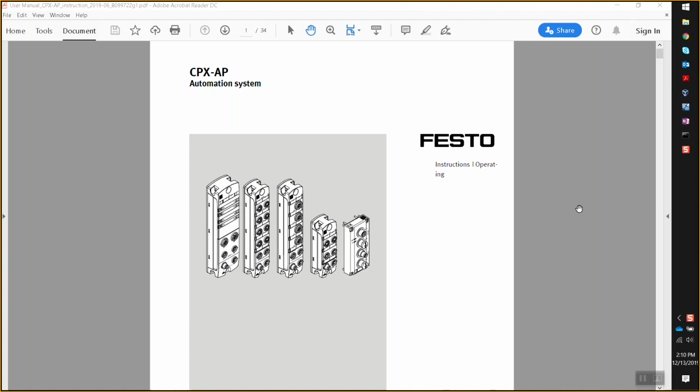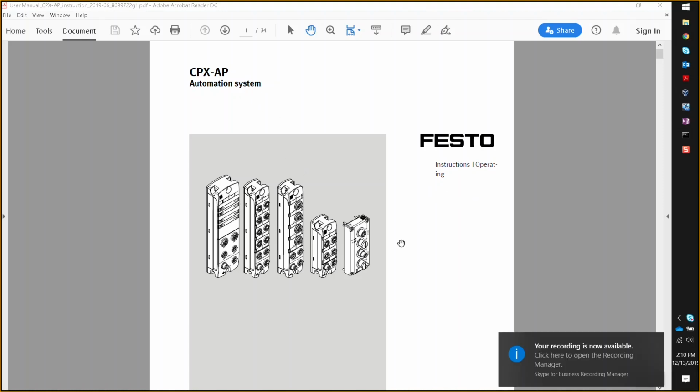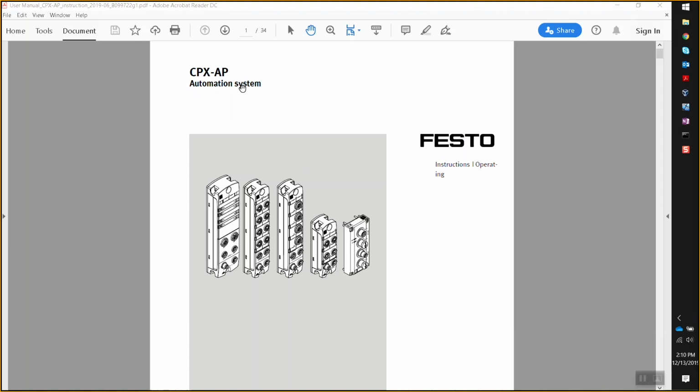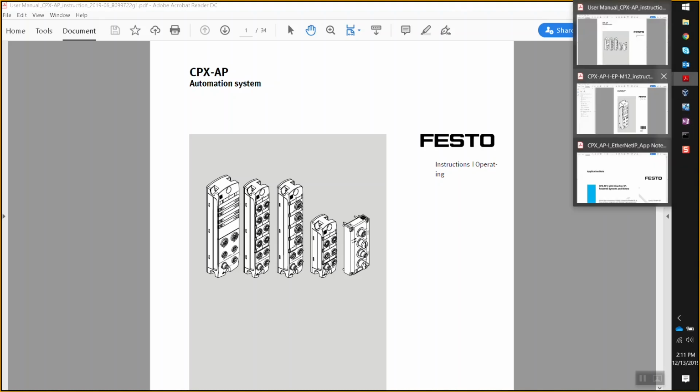Hey Frank, so today I wanted to reach out to you because I have this new platform which is called CPX-AP or CPX-AP-I, and it consists of different modules like this one here on the left, which is an Ethernet IP module, and then I also have a bunch of different I/O modules like this one with M8 connections, M12 connections, and then I also have a manifold interface for valves, right? Okay. And the reason why I wanted to reach out to you is because I have this module, this one,